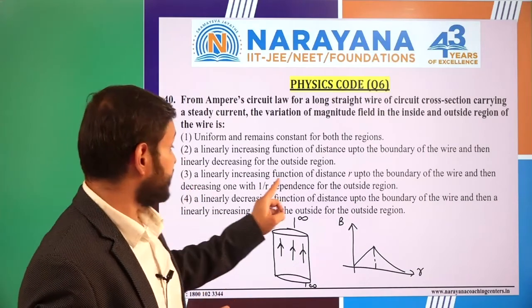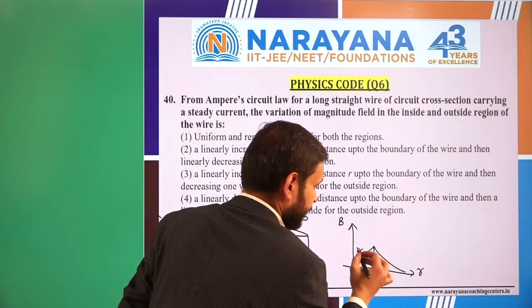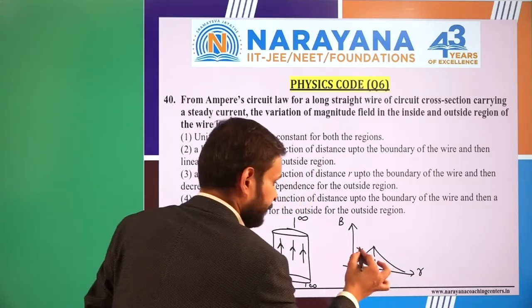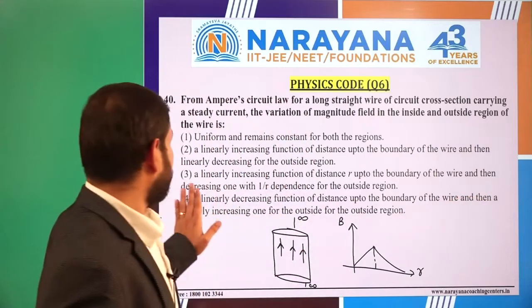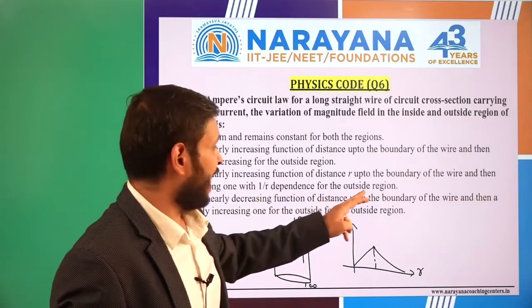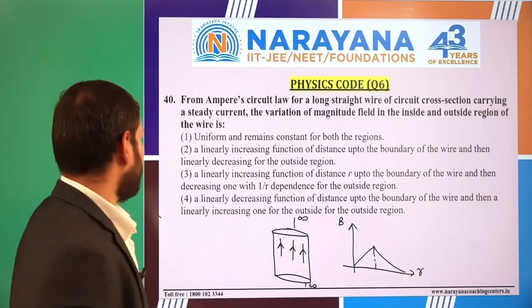A linearly increasing function of R up to the boundary, that is correct, directly proportional, I'll say. And after that, a decreasing one with 1 by r dependence in the outside region. So here it is decreasing like that. So the correct option will be